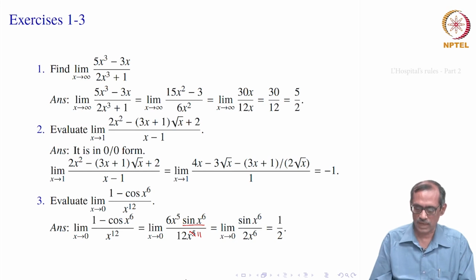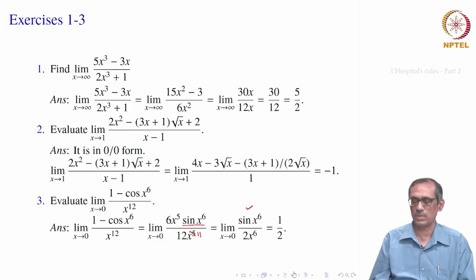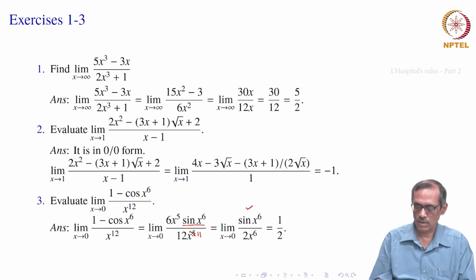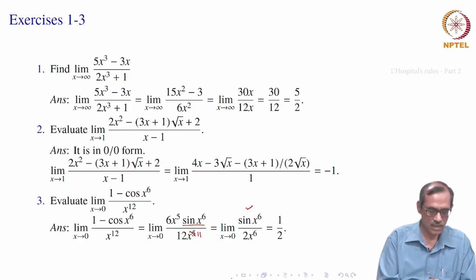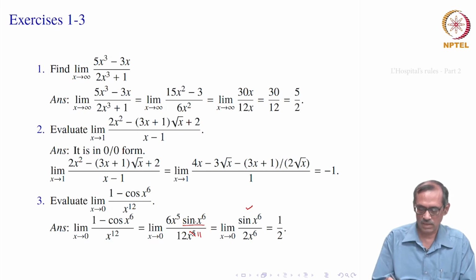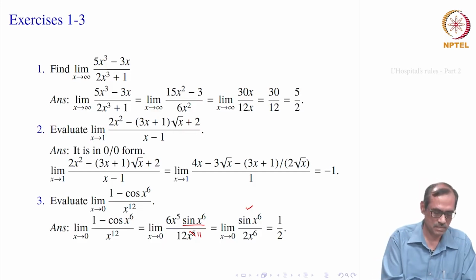So, that x to the power 5 we can cancel, we get sin x to the power 6 divided by x to the power 11 minus 5, that remains x to the power 6. So, this is sin x to the power 6 divided by 2 into x to the power 6. As x goes to 0, x to the power 6 goes to 0, we can write sin t divided by 2t as t goes to 0, and we know sin t by t equal to 1 in the limit. So, answer is half. So, this is pretty straightforward, but only this chain rule has to be applied for getting the differentiation of sin x to the power 6.